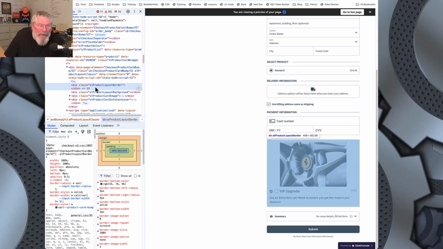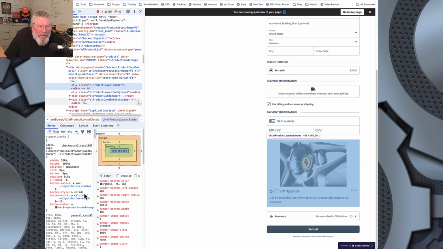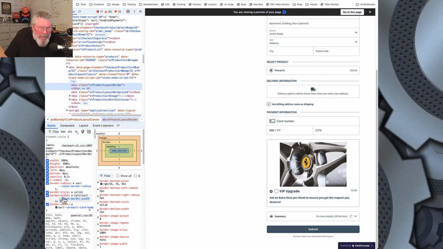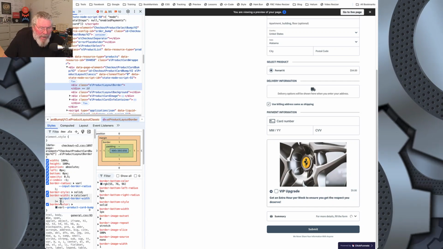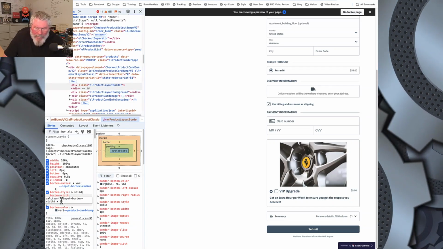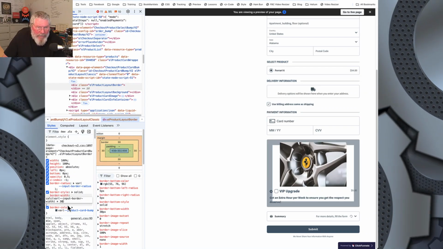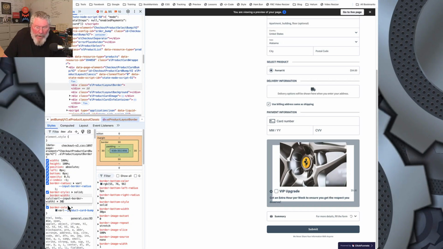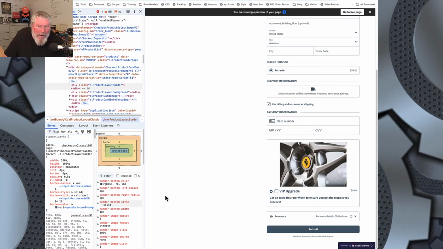Okay, so I found the element here. It's L product layout border right there, and I already changed it. It's got kind of an interesting way that they're calculating the border width here, but what I found is, this had been ×3 right there, and you see it's much bigger. I'll put in 30, but we can just take that down to ×1, and then that will make it thin